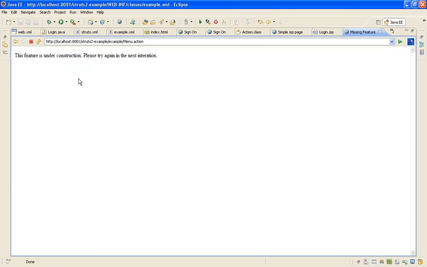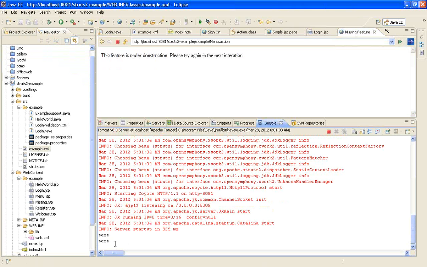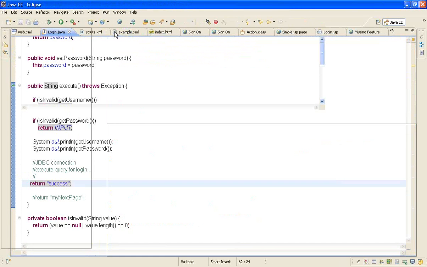Test. Yeah, perfect. So now it must have printed the login, password, username. Okay, so this is the flow. This is how it really works. And when I do changes to my class,